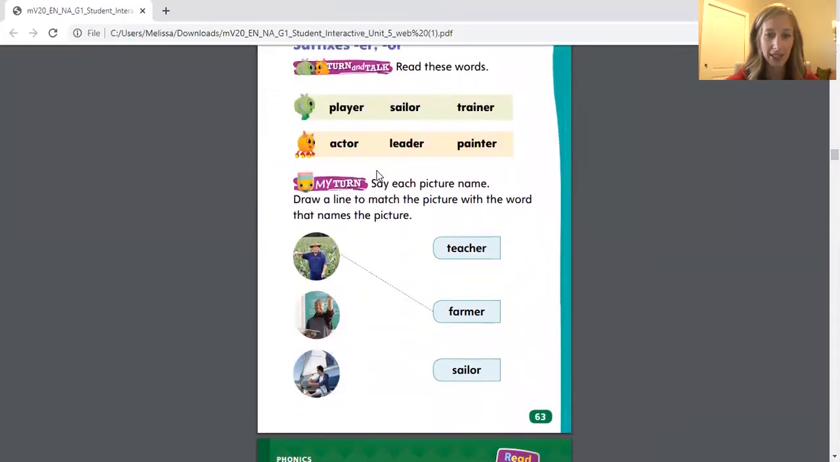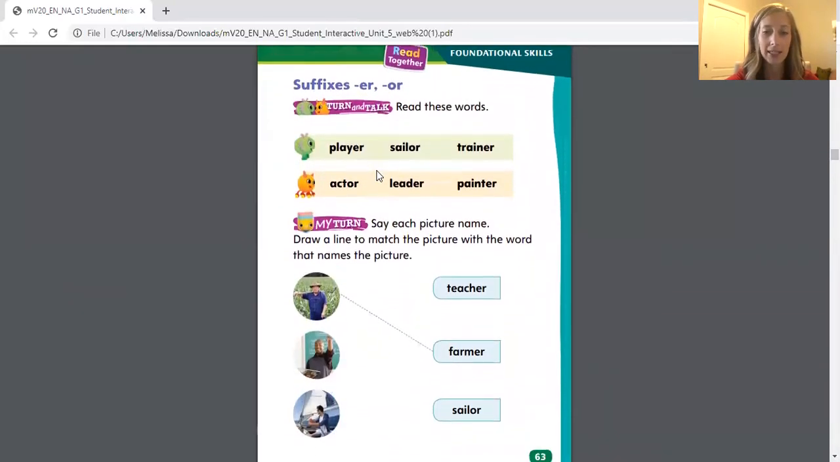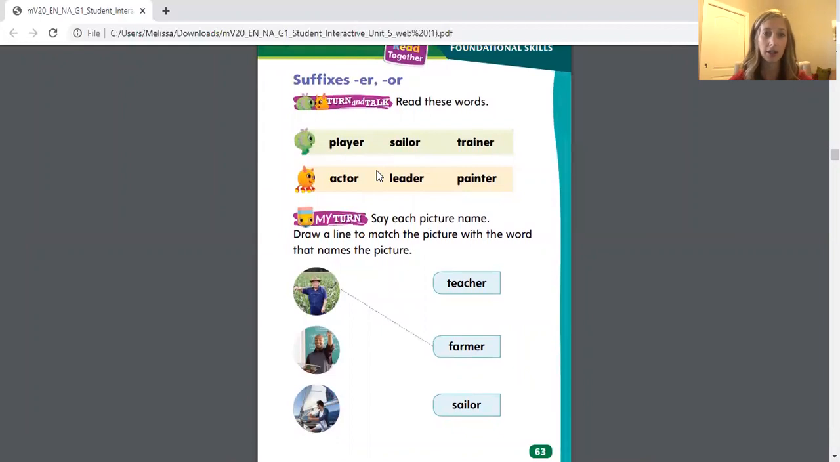Let's move on to page 63. We have more practice with our suffixes. We'll read these words together. Player, sailor, trainer, actor, leader, painter. And so you can see in these words, all of these words have that root or base word. For example, play,